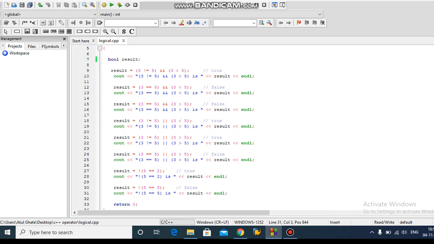This condition is wrong, but in front of the condition there is the logical not operator. So if the condition is false, then the logical not operator gives the output true. That's why it gives the output true, meaning 1.